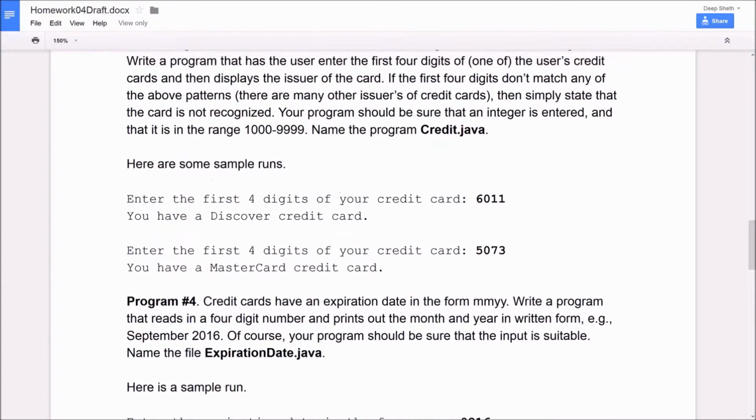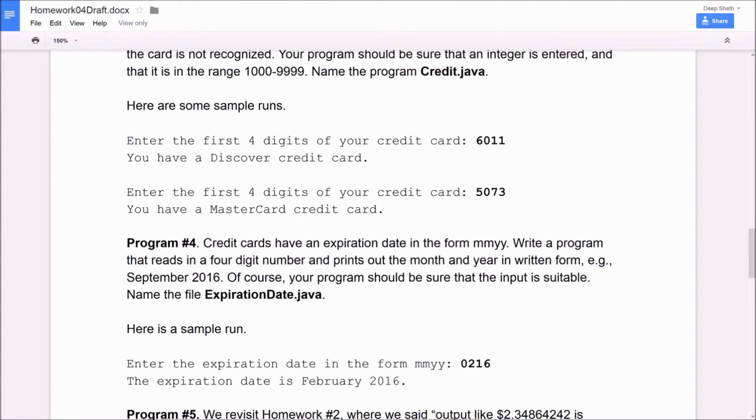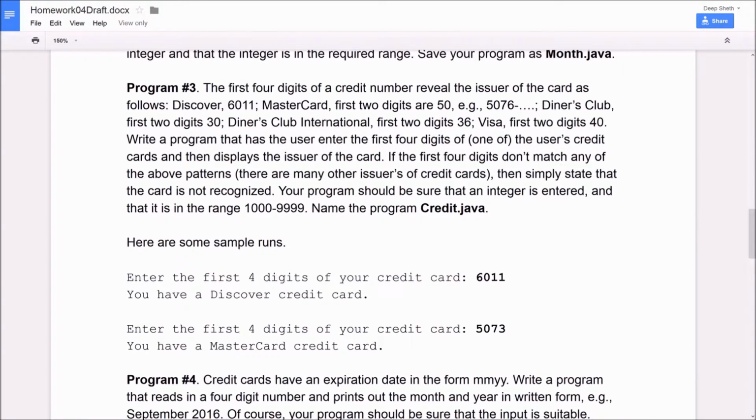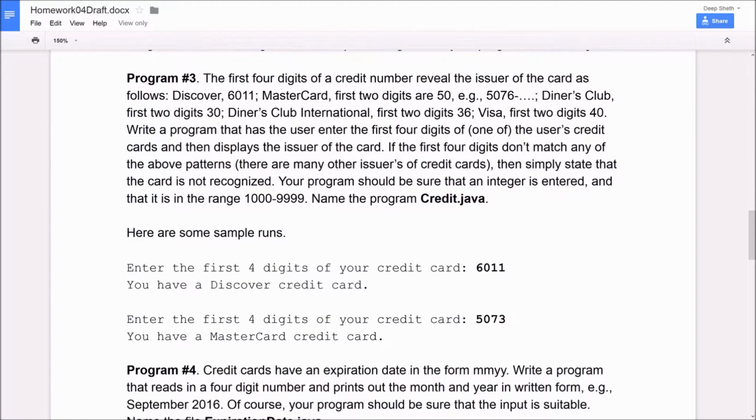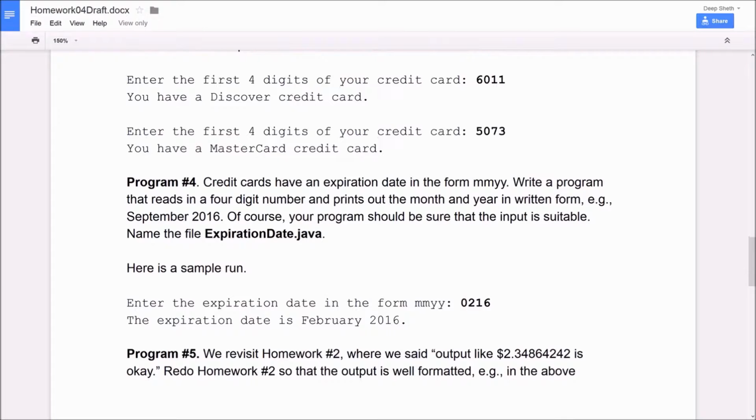So both problem number 3 and problem number 4 require certain specific digits to be extracted. So for this problem, for problem number 3, I'll teach you the approach of solving this by converting to string, and then for program number 4, I'll teach this method to you by just keeping them as an integer. So before we begin programming, I want to make sure you understand how exactly we're going to target the first 2 digits that the